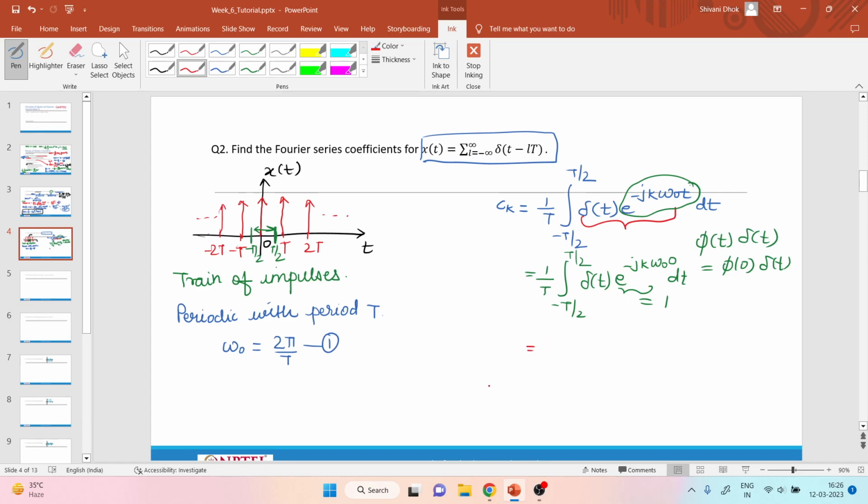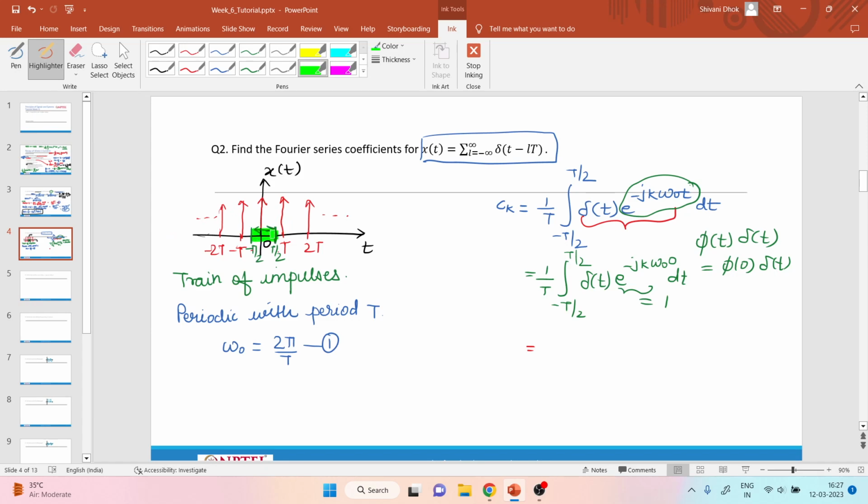Madam, just 1 minute. Here, when you are calculating Fourier coefficient Ck, the x(t) is a full series, right? Sigma L equal to infinity, but you have substituted only delta t. Yes, because while finding Fourier series, you integrate it over an interval of one time period. Minus T by 2 to plus T by 2, I understand. But instead of x(t), you have just put delta t. Yes, because if I observe this interval from minus T by 2 to T by 2,